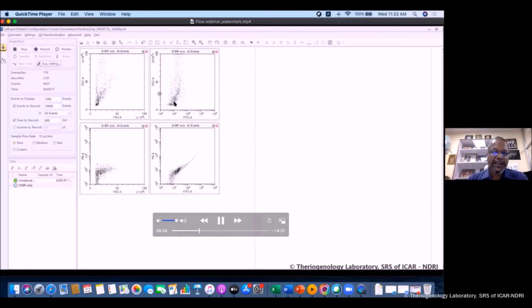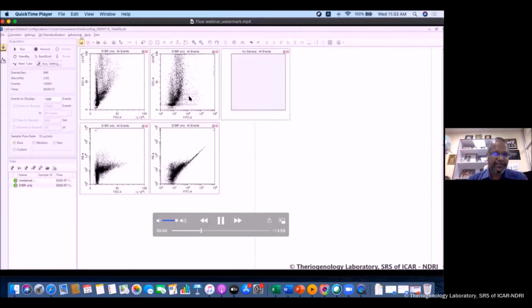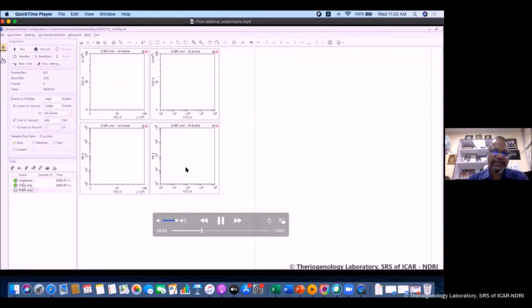What happened here is we added a very low amount of SYBR and did not incubate properly for 5 minutes. So even if you add a little less of the dye, and with variations in temperature, it will affect your result. I will show you how it is rectified in the later part. It comes like this. You see, we want to have a peak, but here it is not. Here we wanted to have the peak in the histogram in SYBR, but it is not.